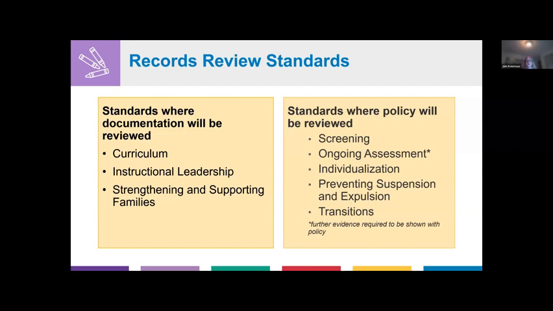Ongoing assessment is the one standard that has both policy and documentation that will need to be reviewed. So that is a little different. But documentation could include training certificates, curricular alignment tool, job embedded professional development documentation, action plans, the WA Kids assessment alignment tool, or some other documentation.